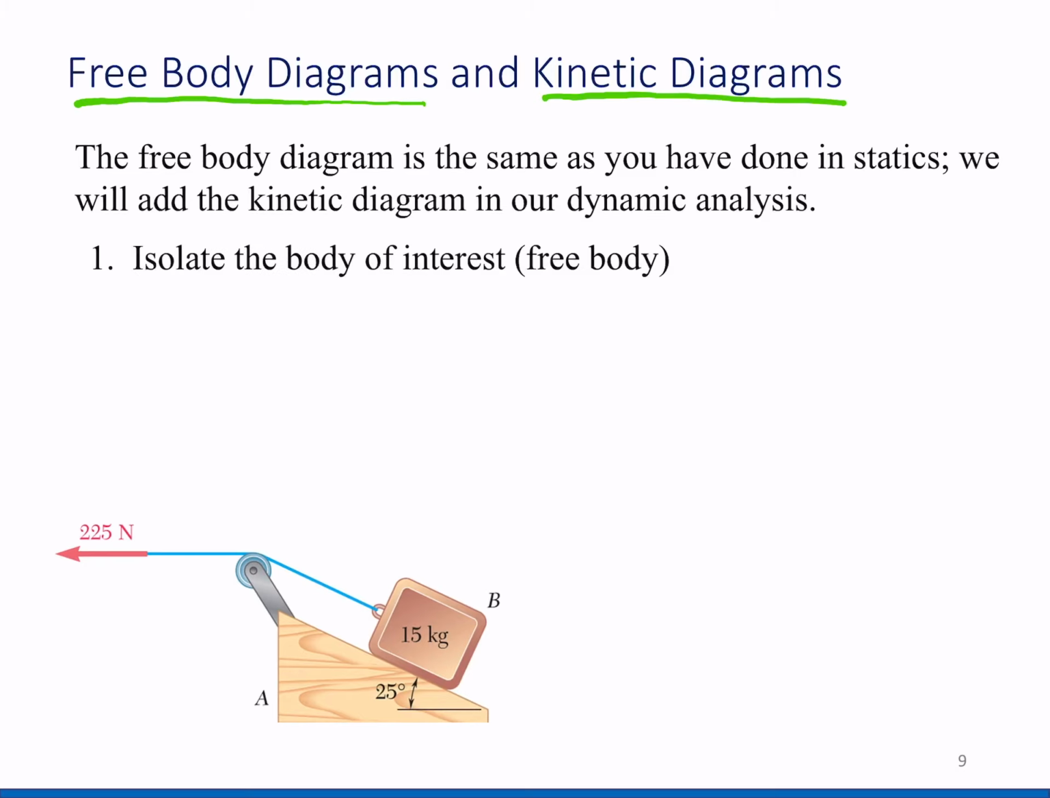So first, if you have a problem, you have to isolate the body of interest. For example, if you are interested in box A, you eliminate box B and replace it with the force that interacts between box A and B. But in this case we are interested in box B, so we will only isolate box B here. So we have box B,